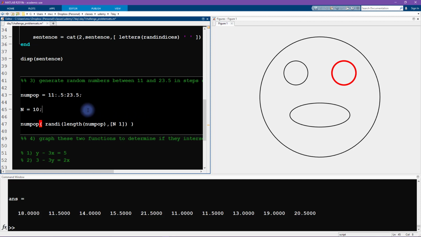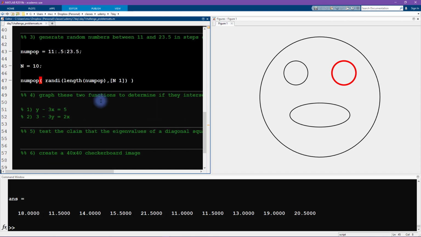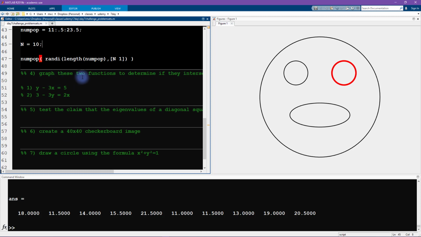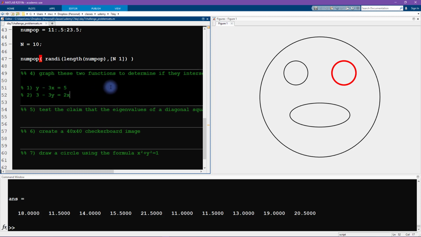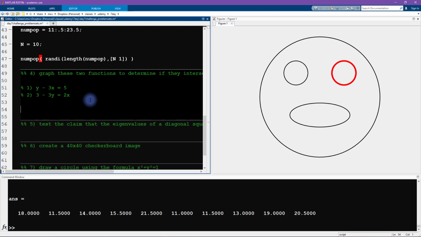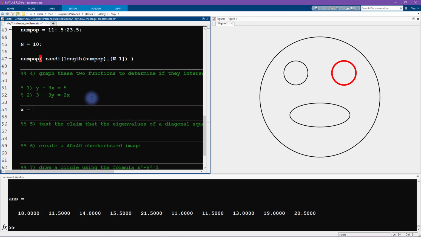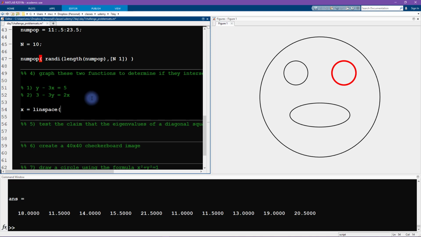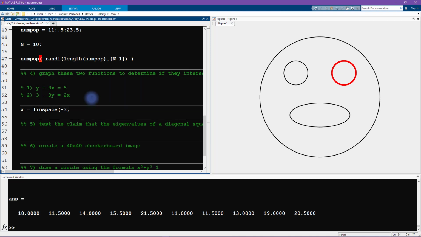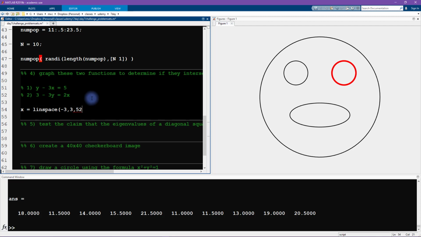Randomly selected numbers between 11 and 23.5. All right, so we are doing great. Let's see, here is the 4th exercise. So we have these 2 equations, and we want to make a plot of them. So I'm going to start by defining x. So x is going to be linearly spaced numbers between -3 and +3, and let's go for about 52 steps